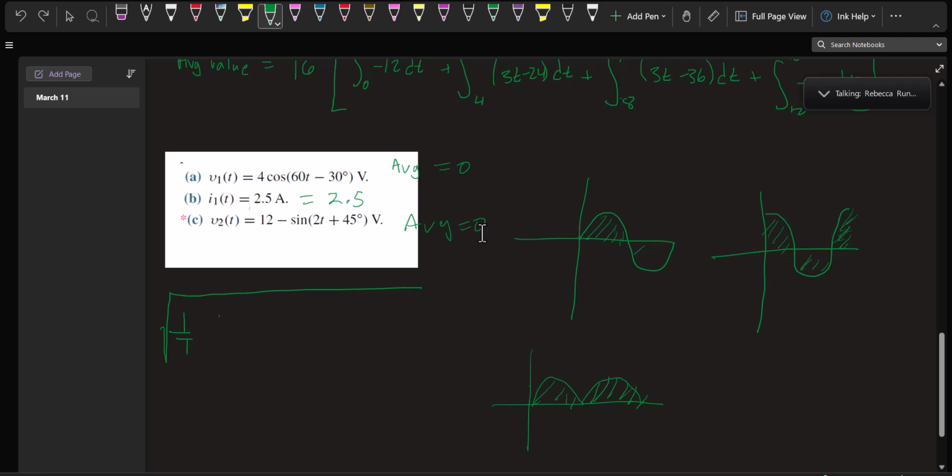And then the integral from 0 to T, whatever the period length is, of... I don't actually need to do this. There's a reason why I don't need to do this. I could do it. So I could do 4 cosine 60t minus 30 degrees dt. I could do it, but